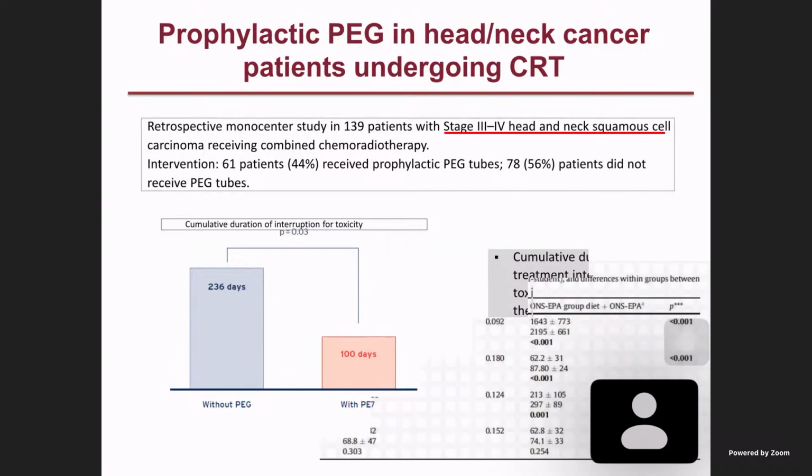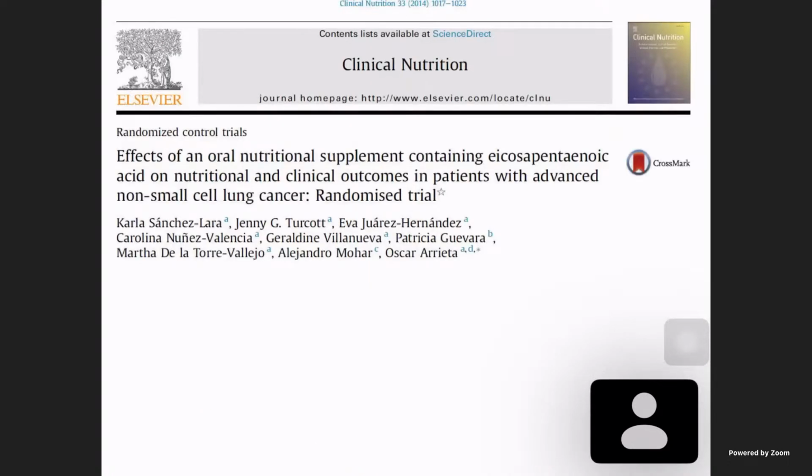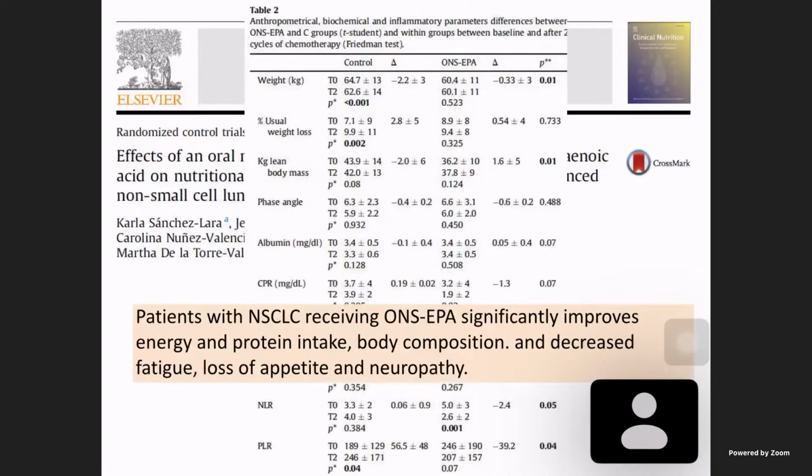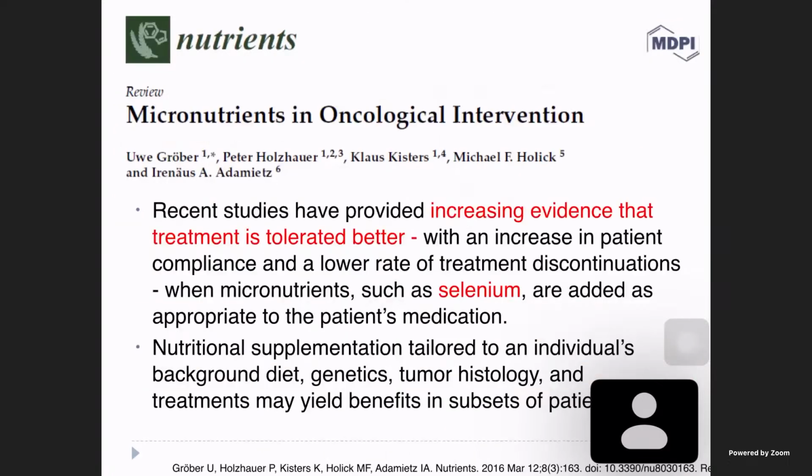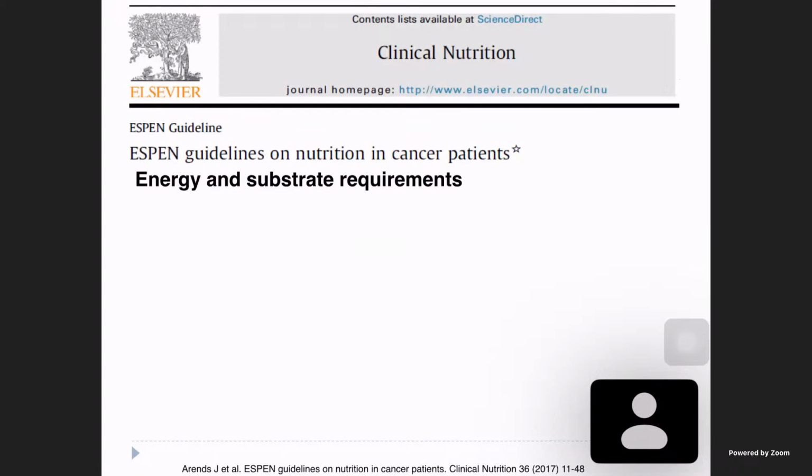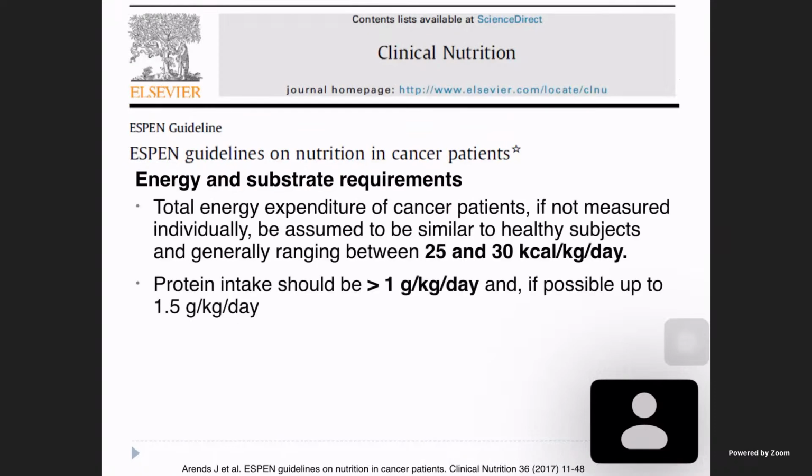So the role of nutrition in head and neck malignancies and other GI malignancies is of paramount importance. I will not go into the details of this. In all the malignancies, nutrition plays an important role both in defining the outcomes and preventing toxicity. Micronutrients are equally important. If we look at the ESPEN guidelines, they say that the total energy expenditure of cancer patients,